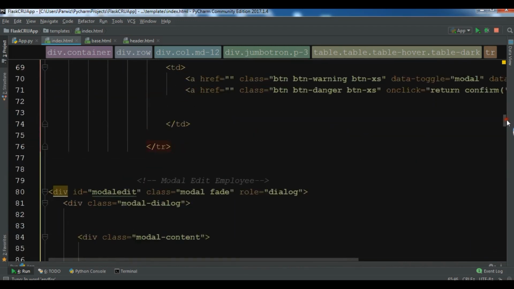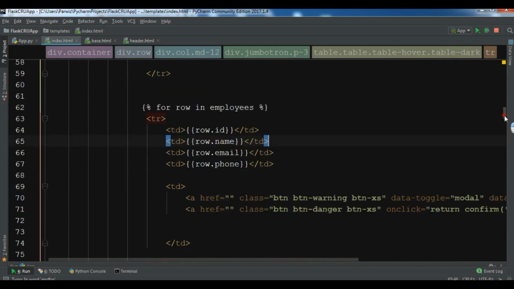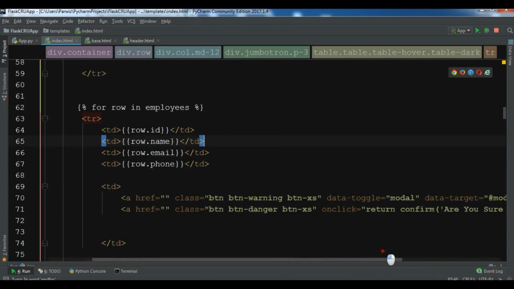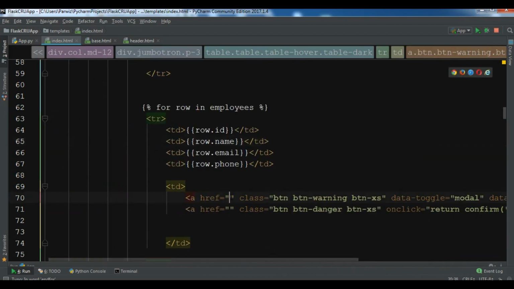Where is it? Yeah, in this section. Before model edit, let me bring my buttons. Now these are the two buttons. So in our edit, you can see this is our edit. In this section we need to add update